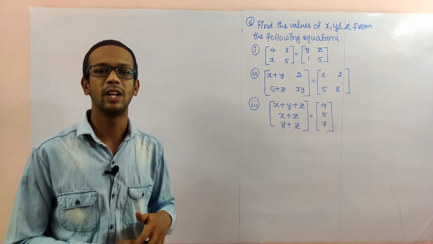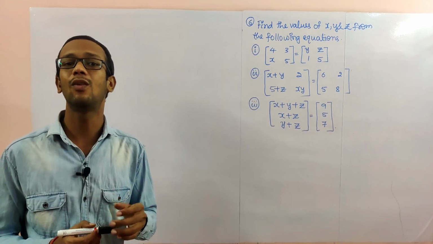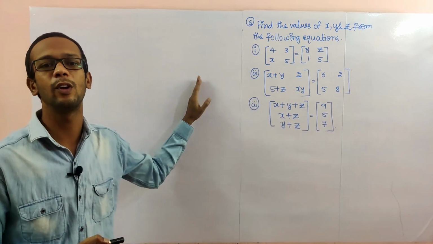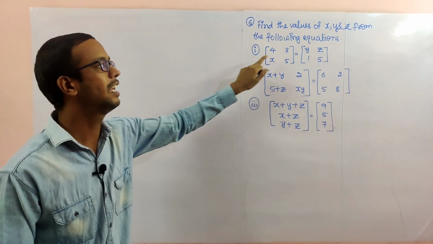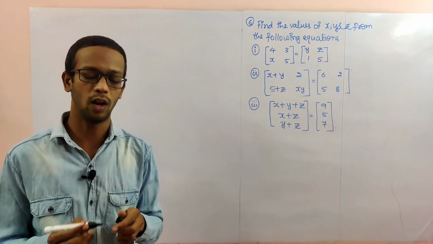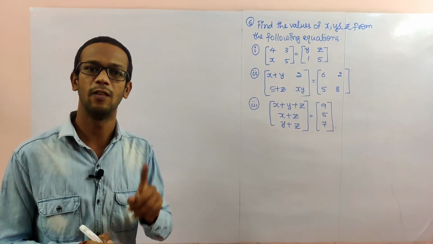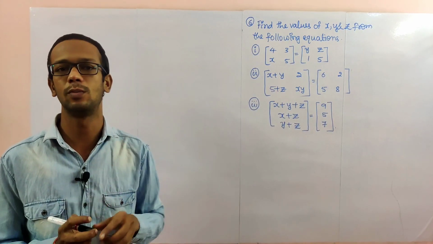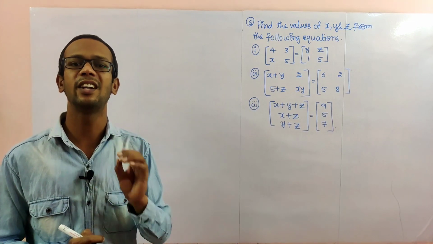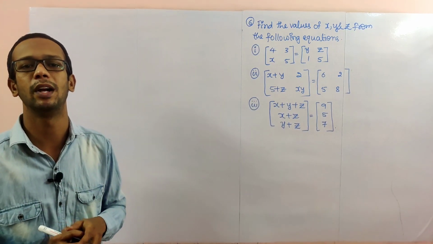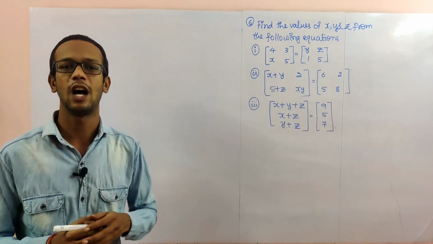In the previous problems, we discussed order-based and constructing the matrices. Now we know the equality of matrices. By that concept we have to solve these problems. See here, the given two matrices are equal. When matrices are equal, compulsorily the order should be equal first. The first condition is order must be equal. The second one: corresponding elements must be equal. This second point only will be used for solving the problems.